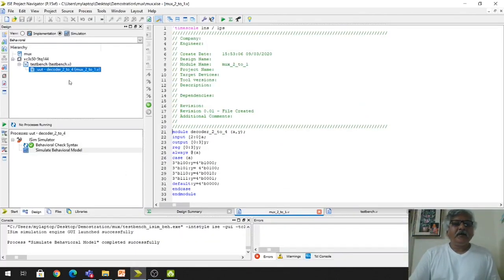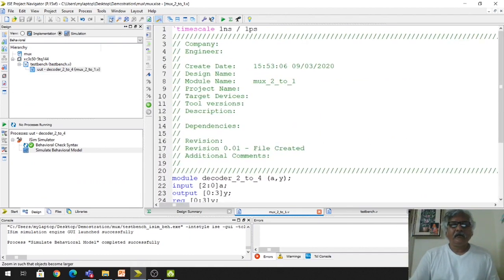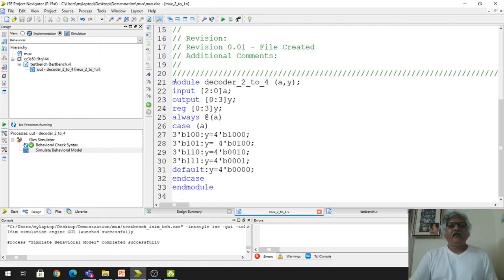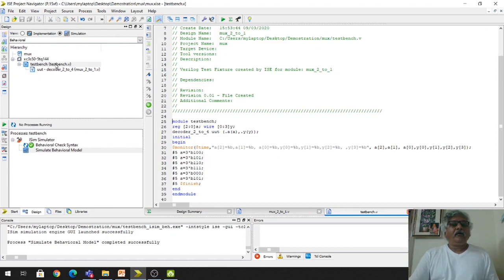So now see here, this is the decoder for 2 to 4 code, right? Whatever I discussed just now, the same I have written here. Okay. Now this is the test bench code.